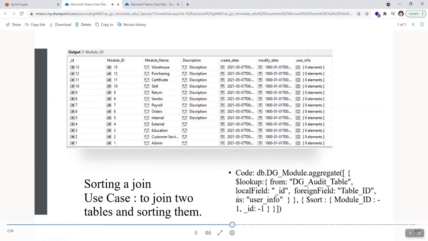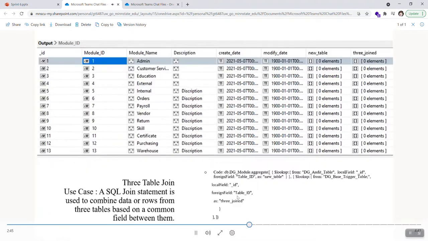Sorting join, the use case for it: join two tables and sort them. And the code is on the right-hand side, you can see the result. Three table join, and the use case for it: a SQL join statement is used to combine data or rows from three tables based on a common field between them. And the code and